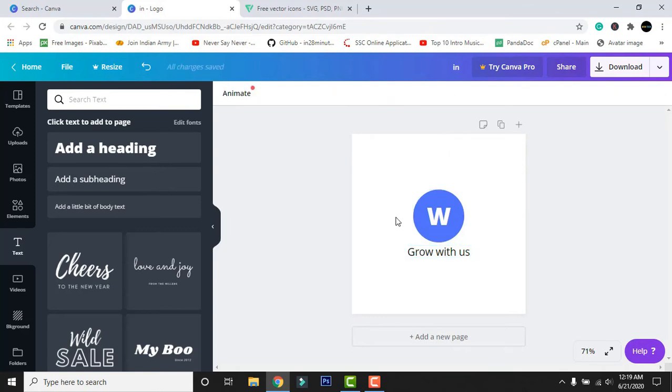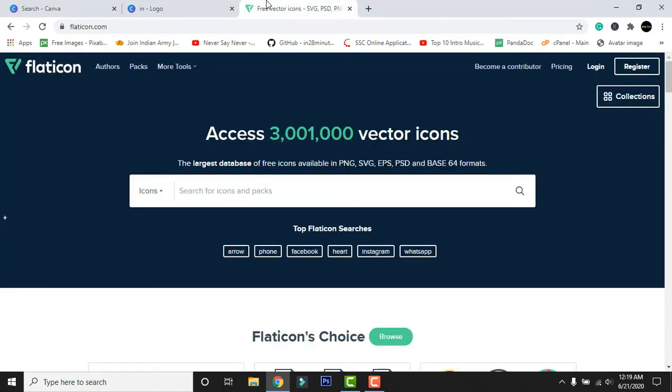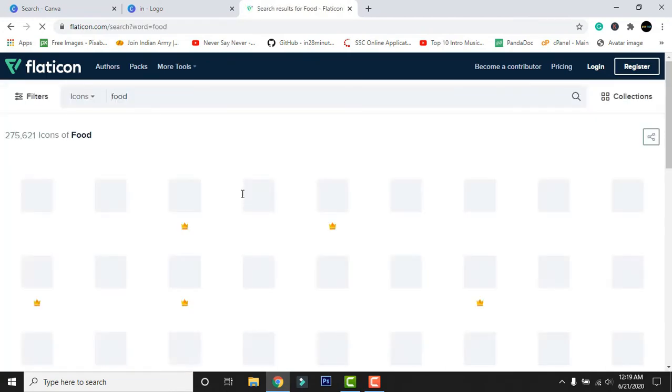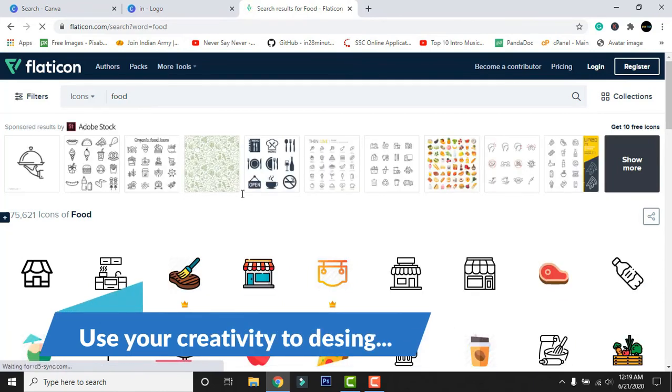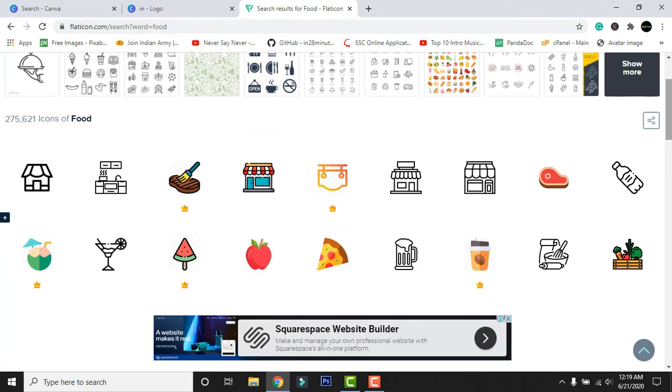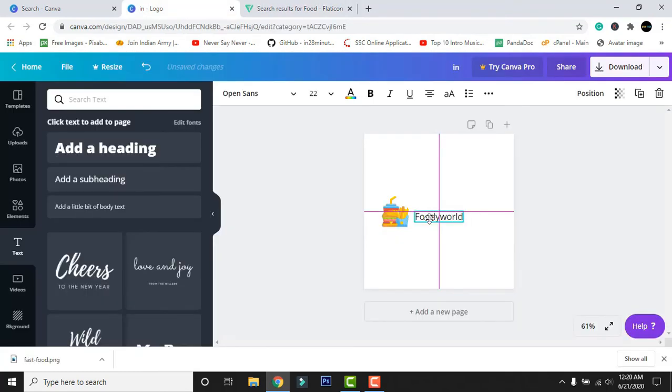Now I'll be designing a restaurant logo. So open another website, that is flaticon.com. Type food. I'm going to design a restaurant logo, guys. The designing part depends on you, the creativity exactly depends on you, on how exactly you want your logo to be. So that all depends on your creativity. I'm going to tell you the steps. And if you guys really want me to make